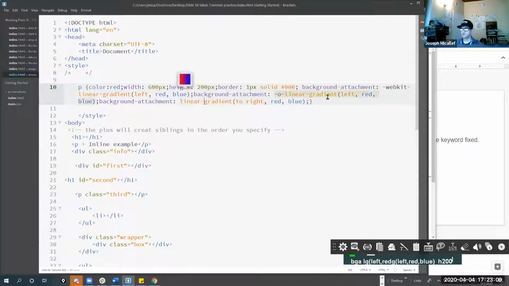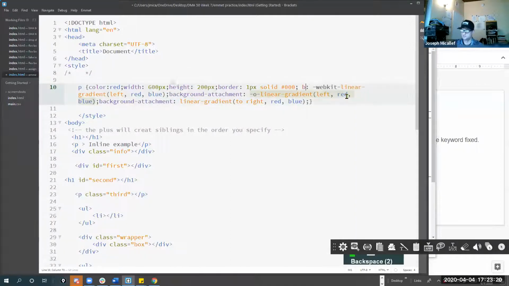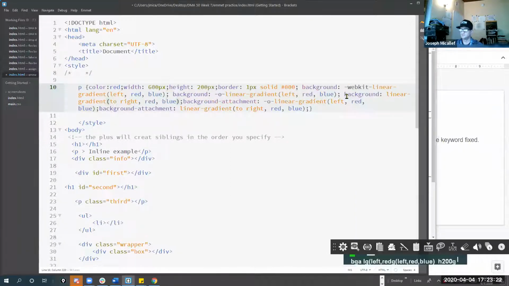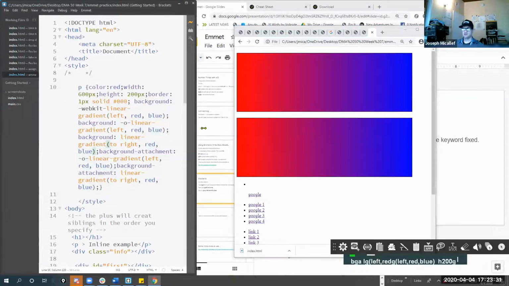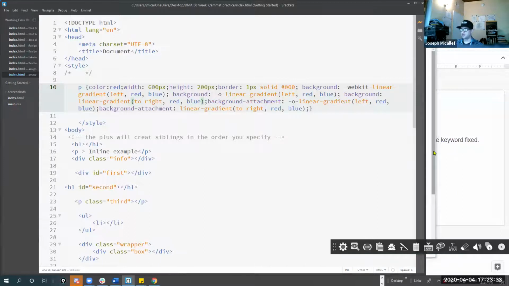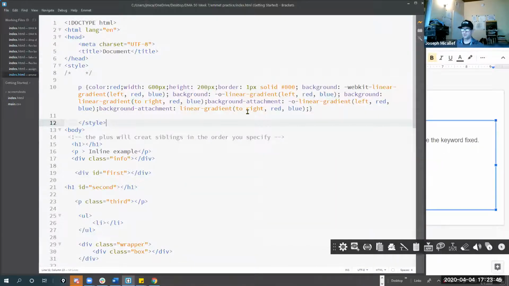So this should give me a gradient. There you go. Instead of background attachment, just use background. So here I get a gradient. So that's using background and then that shorthand LG, left, red, blue. You can also change where the gradient is coming from. So if I want to do something from top to bottom,